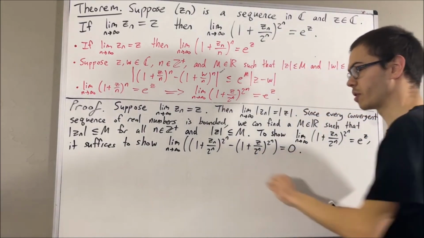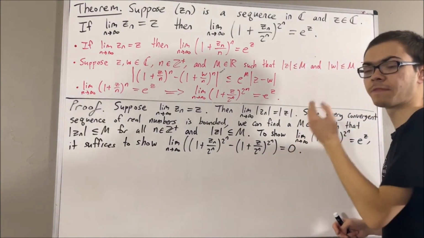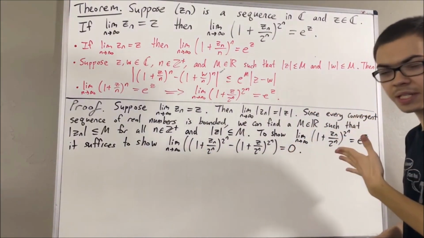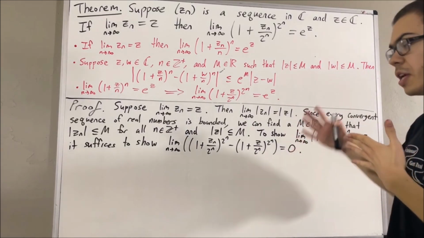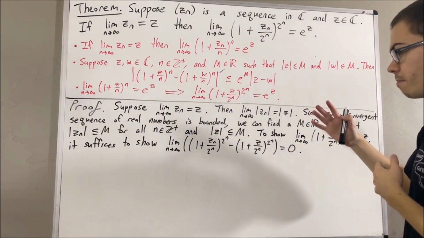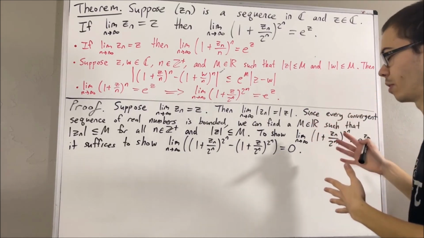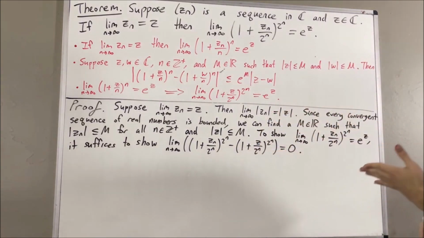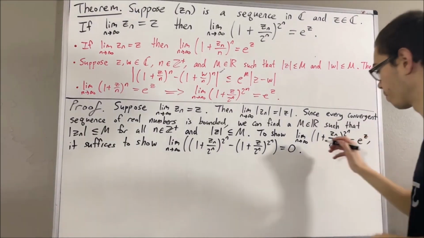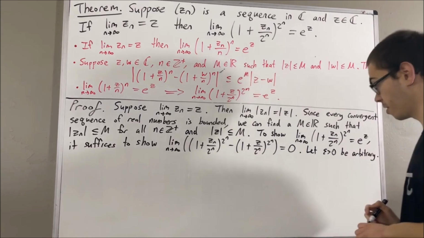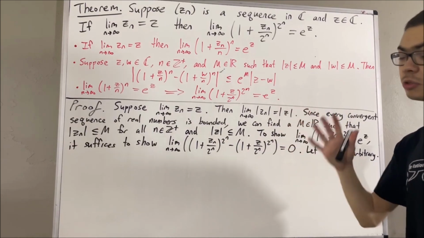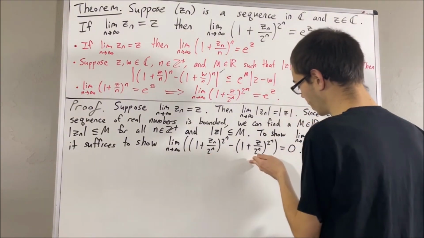So then, how will we show that this sequence converges to 0? Well, by definition of the limit of a sequence, to say that this sequence converges to 0 means for every epsilon greater than 0, there exists a positive integer capital N, such that for all n greater than or equal to capital N, the absolute value of the nth term of this sequence is less than epsilon. So to prove that, let's first give ourselves an arbitrary epsilon greater than 0. From here, we want to find a positive integer capital N, such that for all n greater than or equal to capital N, the absolute value of the nth term of this sequence is less than epsilon.